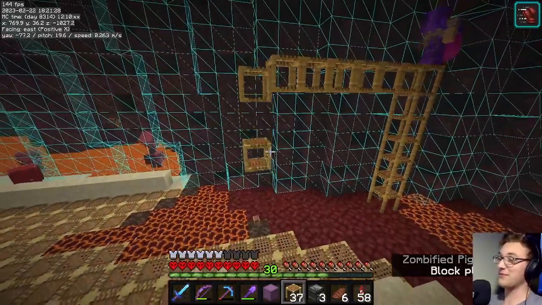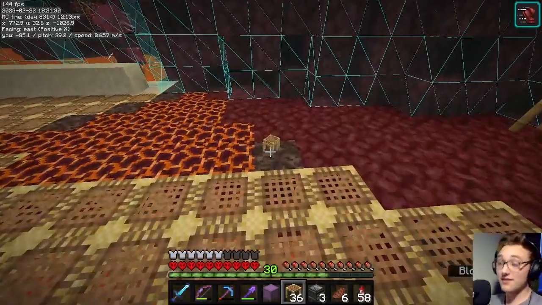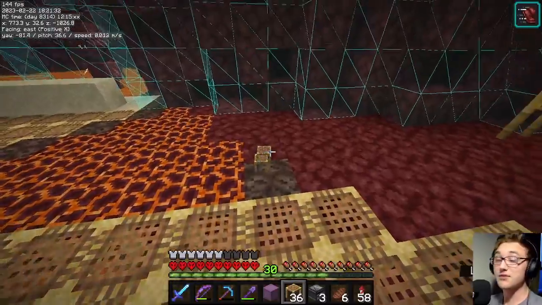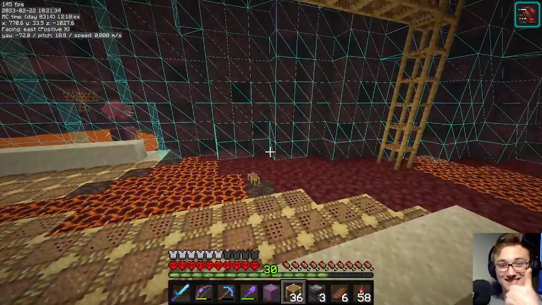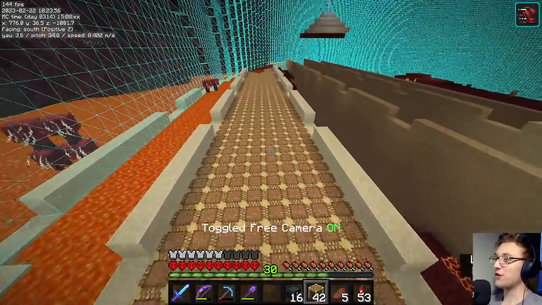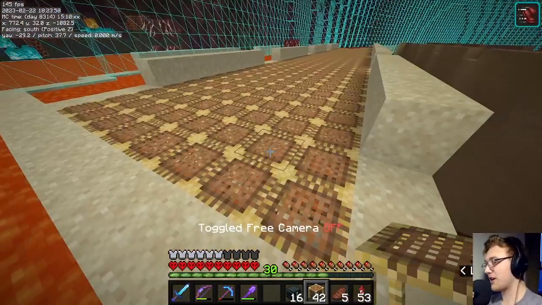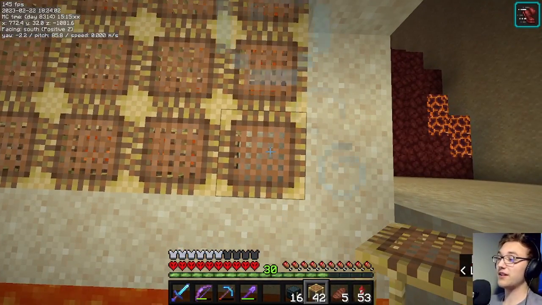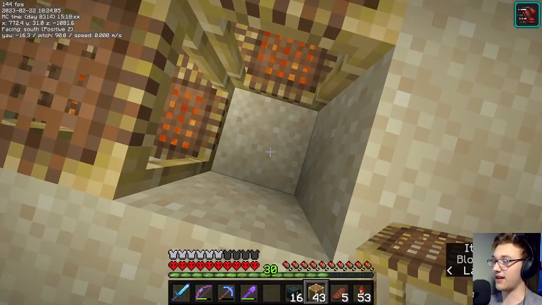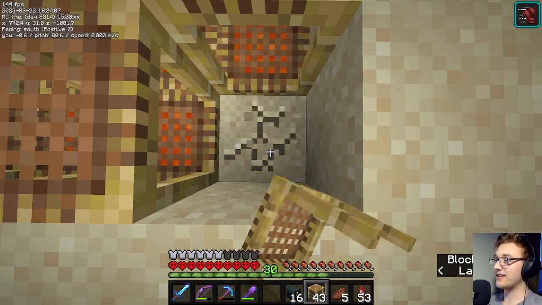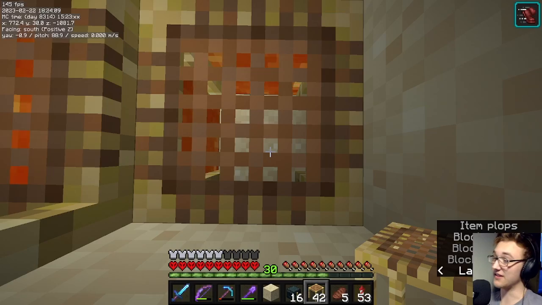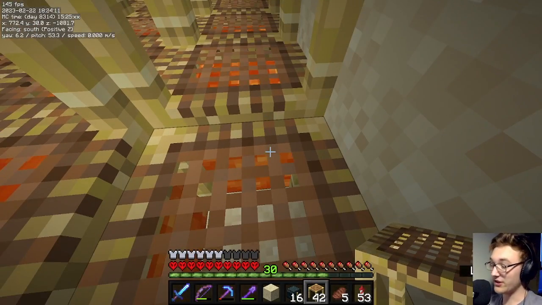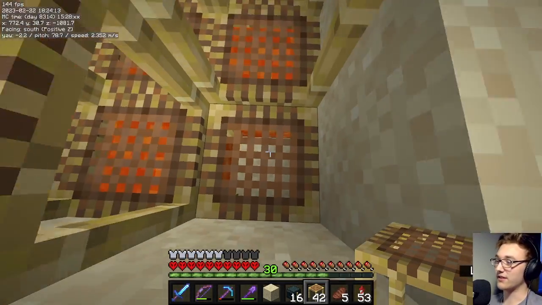So right here is a demonstration that you should make sure that your scaffolding paths are soul sand free. Now that you have your full layer of scaffolding on top, now comes the fun part. You're going to go down. So you're going to find your little home base pillar of sand, and you're going to break it down and place a scaffolding instantly. Now, make sure that you're not holding shift whenever you're placing scaffolding, because if you hold